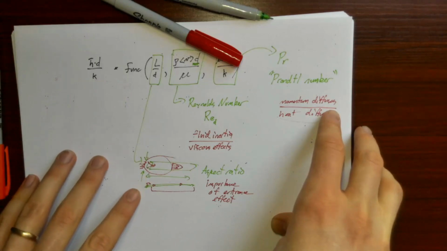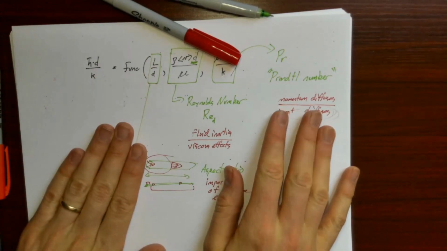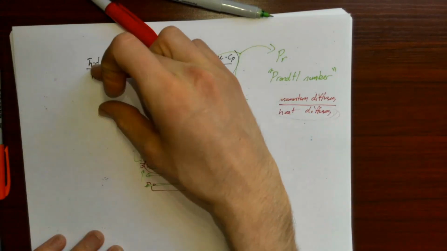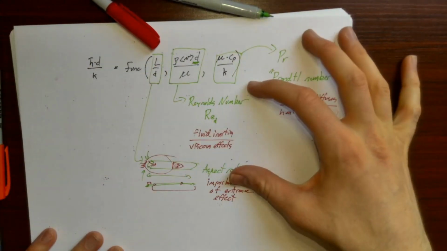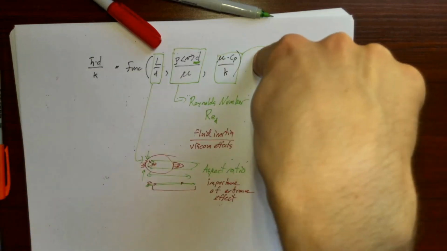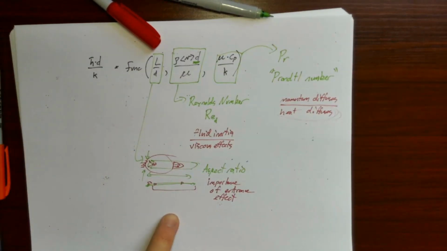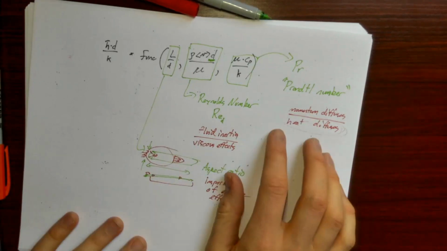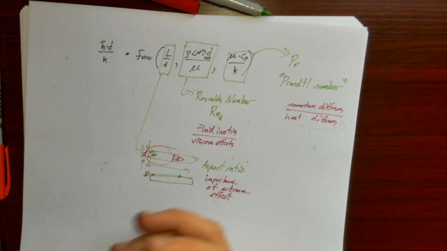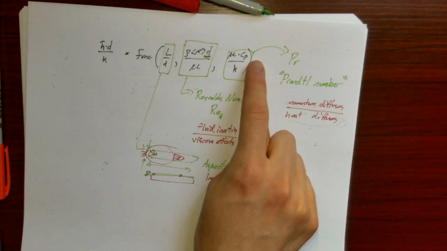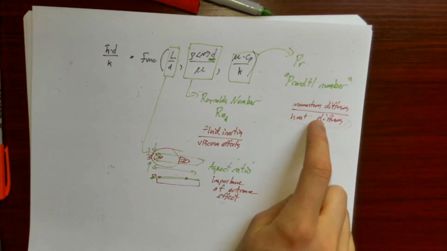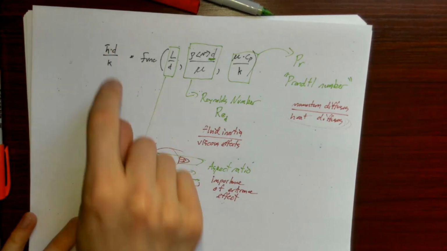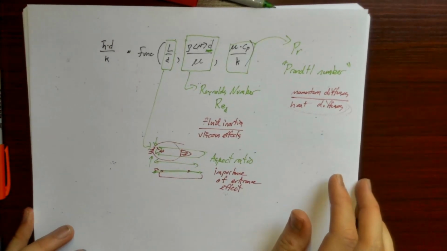Because basically, you can imagine if I had a blob of honey here and I tried to move one part of the honey, that honey would kind of drag along a lot of fluid with it. Whereas if I move my finger through air, the air over here is relatively unaffected. So momentum diffusivity plays into how the fluid moves around in the tube, and its ratio to heat diffusivity ends up being important to figuring out this H bar times D over K.